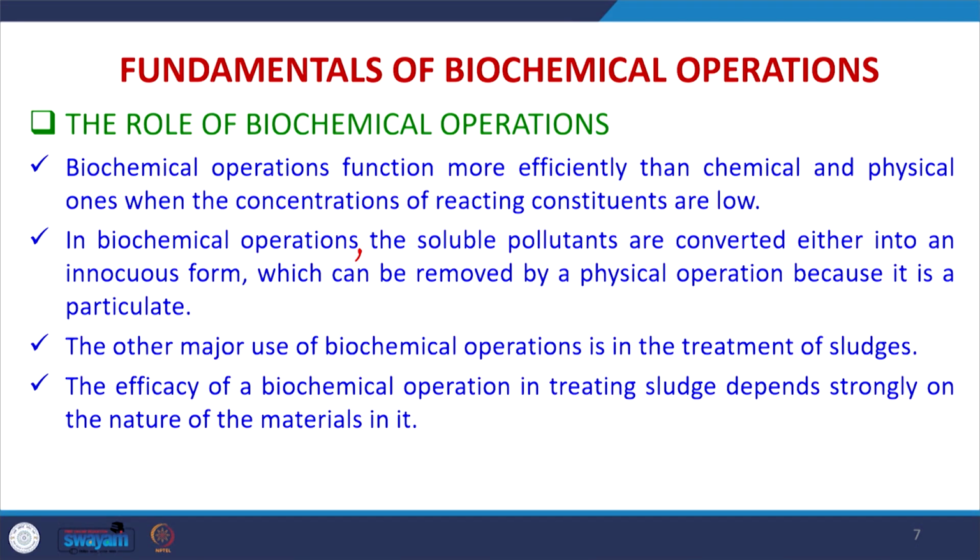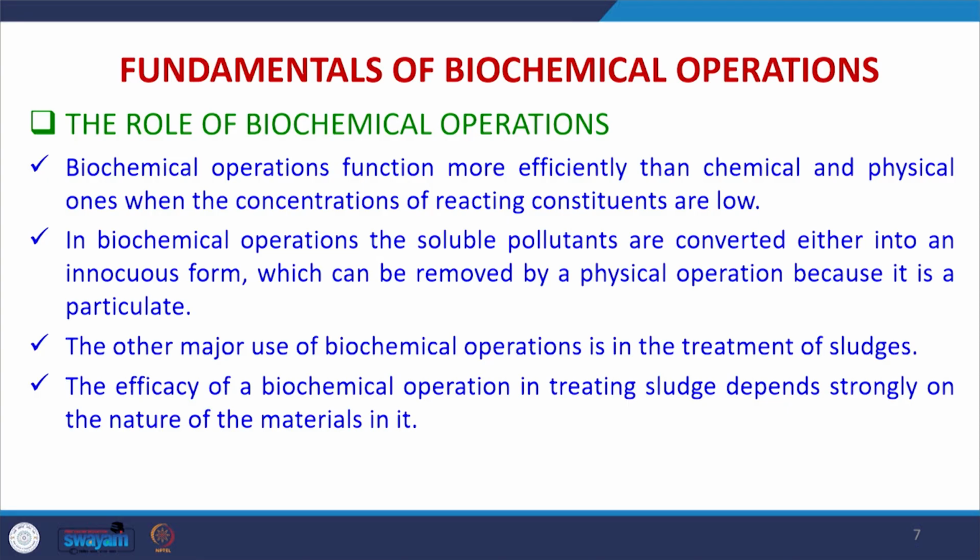The other major use of biochemical operation is in the treatment of sludge. That we will be studying in a later section of this course. The efficacy of biochemical operation in treating sludge depends strongly upon the nature of materials present in the sludge itself. In the biological treatment processes we have a lot of sludge getting generated, during primary treatment and also during biological treatment itself, whether aerobic, anaerobic or facultative. So, sludge will vary, and the material content in that sludge will also vary depending upon the operation that we